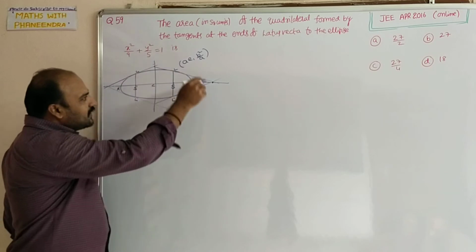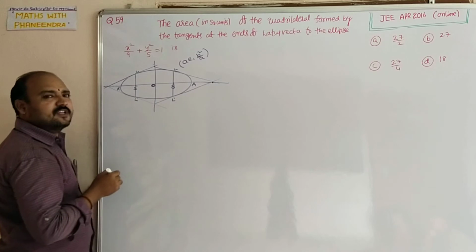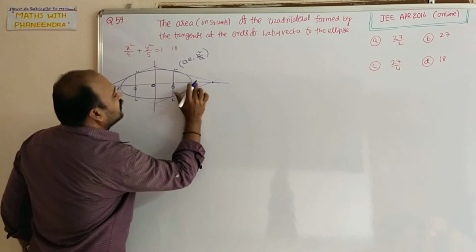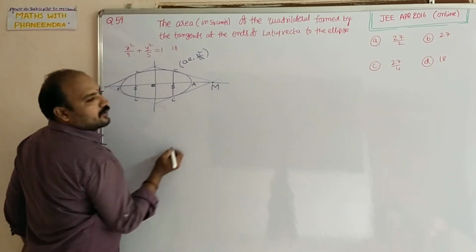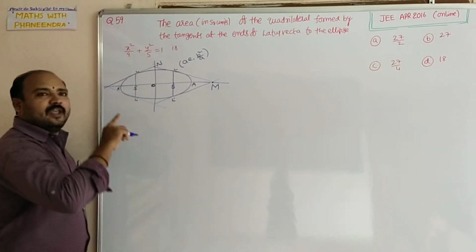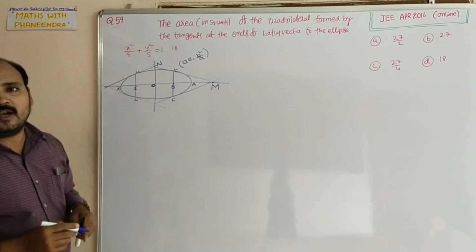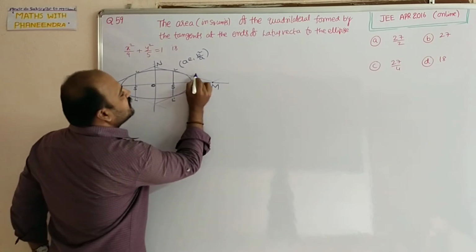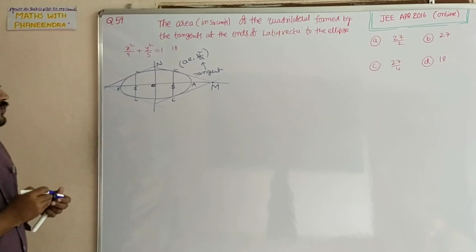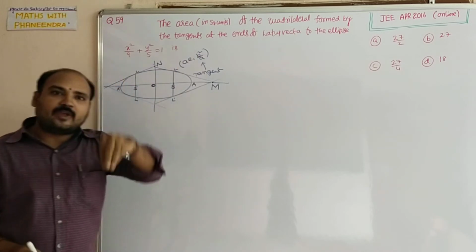So instead of calculating this complete area, first I am going to calculate, this is O I am taking instead of C. O, this point I am taking some M you take, here N. Triangle OMN, that area you can calculate. After that 4 times you can do that. That area is the required quadrilateral area. So this is tangent equation. At what point tangent equation? At this point. So for the given equation of ellipse, calculate AE comma B square by A values.